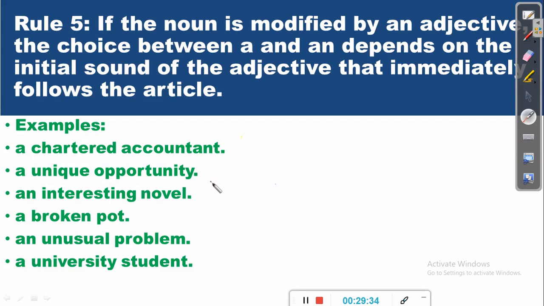A unique opportunity. Because the word unique is an adjective and the initial sound is a consonant sound. Unique, even though it's a vowel letter, yet the sound is consonant. Because here you have the consonant sound,